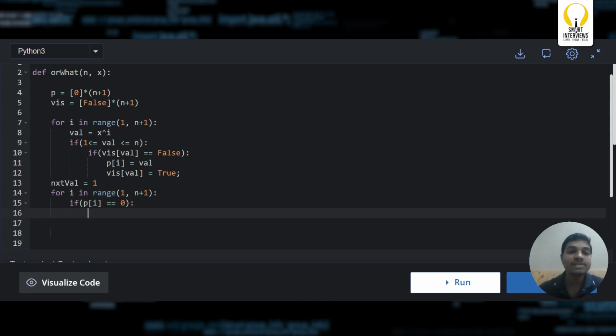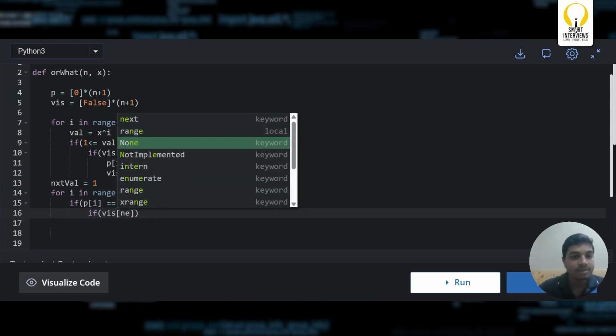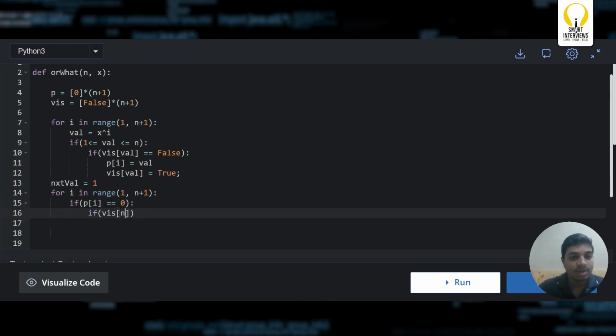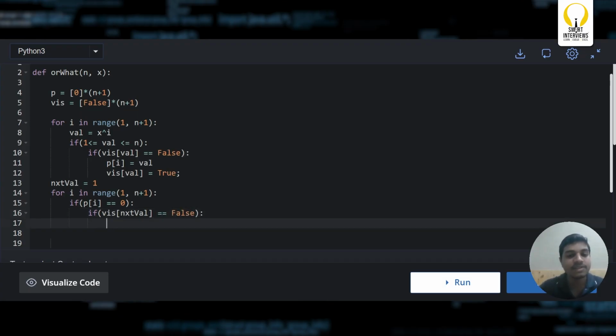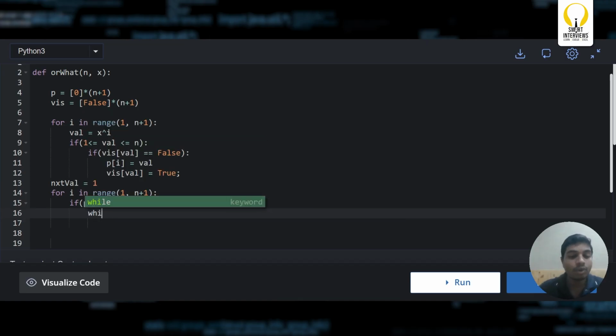So what I need to place, I can place 1, I can place 2, I can place 3, if these values are not taken. For this reason, I already have the next value. I'm going to check if visited of next value is equal to false. Basically it says this is not taken. As this is not taken, I can place it over there. Or in other terms, can I go with a